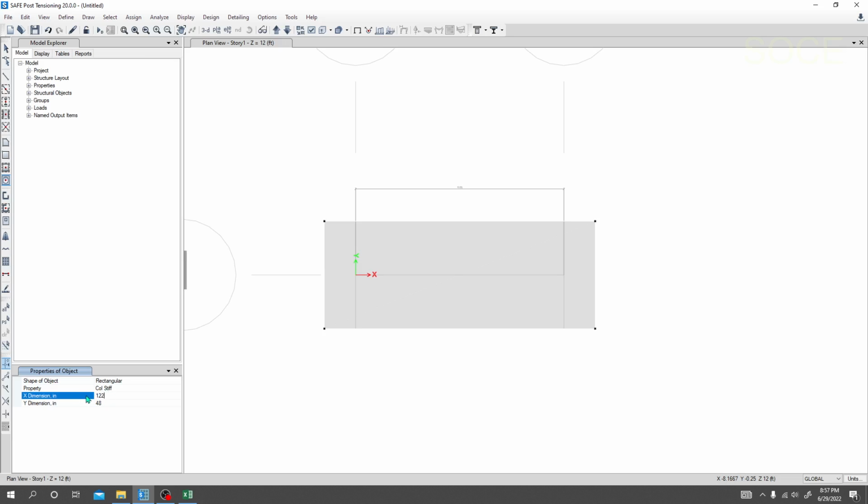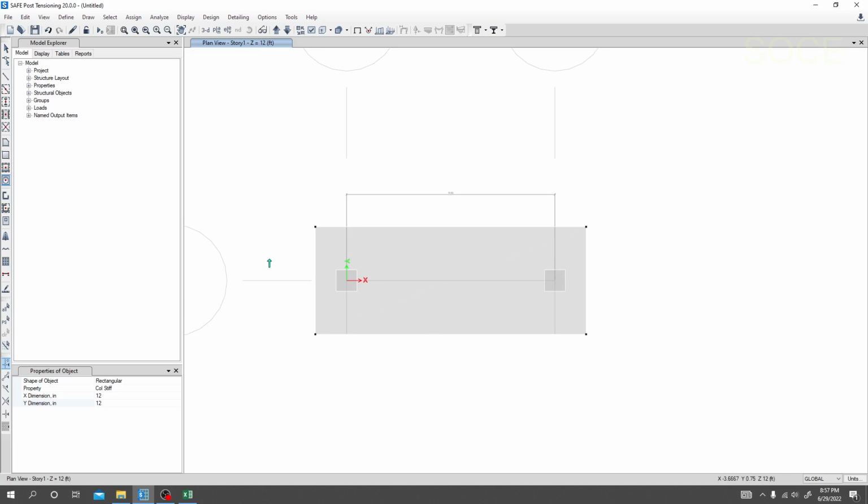I will consider 12 inch into 12 inch. You can change that as per your requirement. So I'll click 12 inch into 12 inch. So here this is our one column, and I'll click here, and this is our another column. So after that, what we have to do, I'll select our footing, and after that I'll